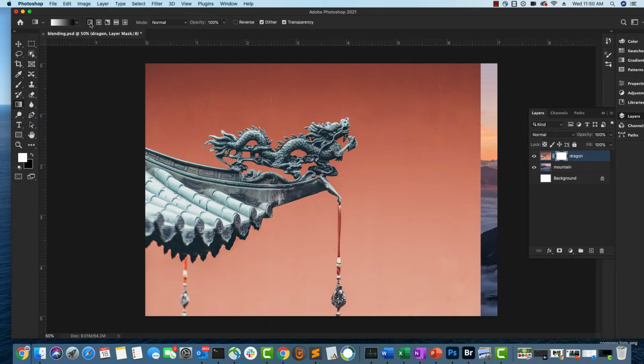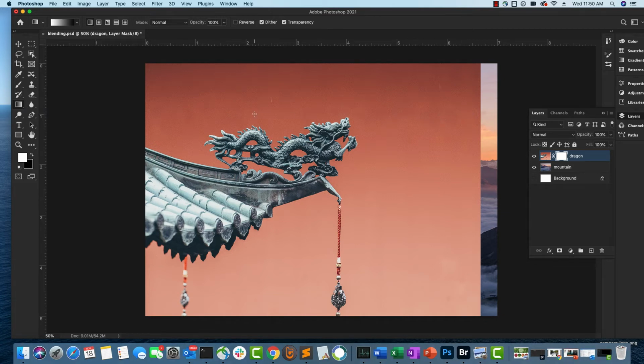So we are selecting a linear gradient, which appears by default, which will have this gradient effect in a linear fashion from left to right. To do that, you can select anywhere in this dragon image from where you want to start the effect.